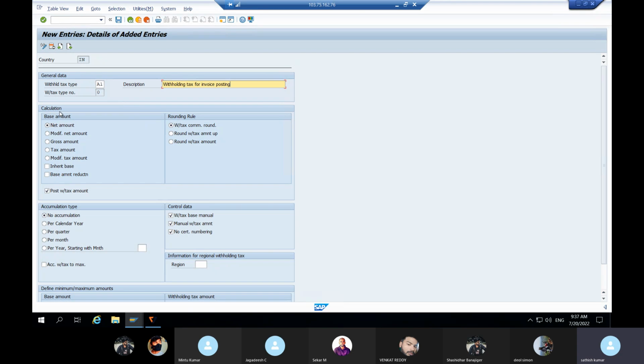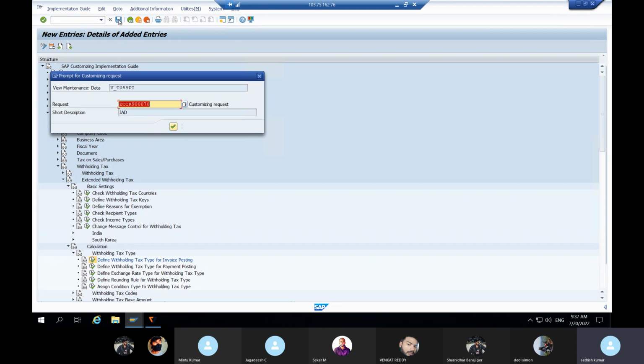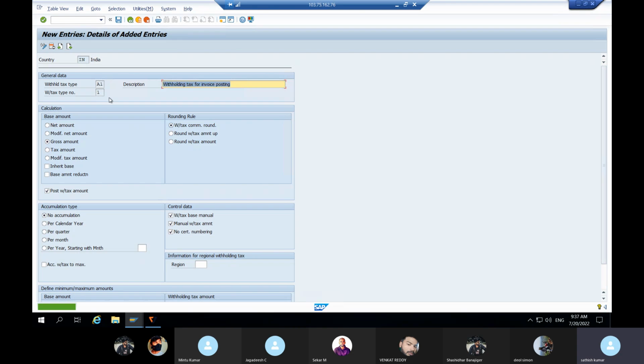And here calculation you can see, right? So based on the business I have to select the option here. So for time being I'm selecting here gross amount. Okay, select here gross amount and click on save. So this is for invoice. The same thing we have to do for payment also. So come back from the screen